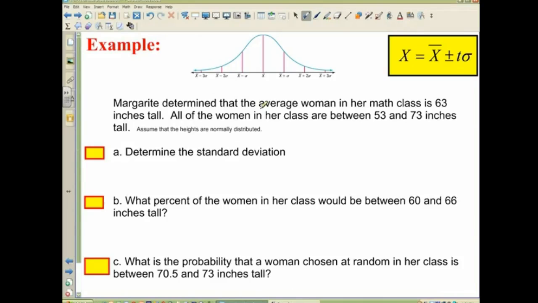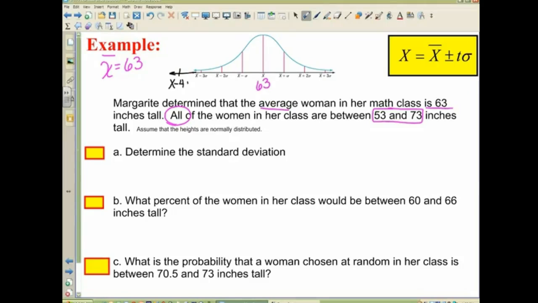So the first thing I noticed is it talked about the average is 63. So my mean, my X bar, is 63. The next thing I read was there's some data endpoints, 53 and 73. All the women in her class are between 53 and 73. I'm going to extend my graph so that I can get out here